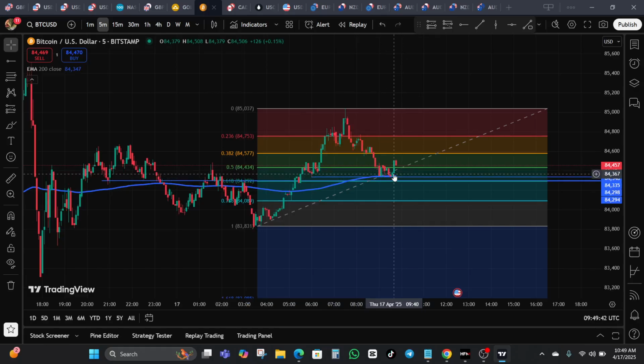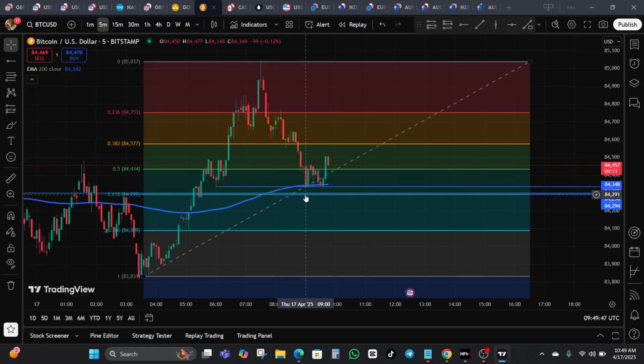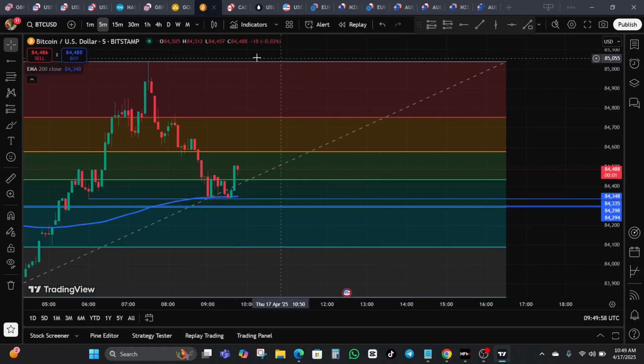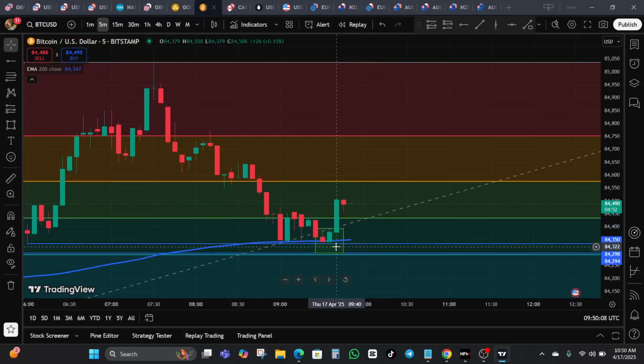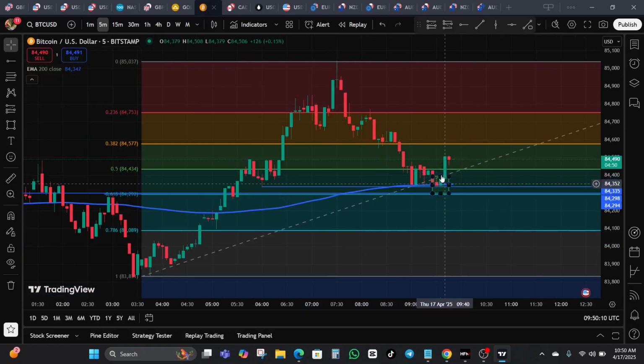All right, so you combine that with candlestick confirmation, like a bullish engulfing for buys or bearish pin bar for sells, whatever bullish candlestick pattern you find for a buy trade or bearish candlestick pattern you find for a sell trade. So in this case, you can see that we actually had a bullish engulfing. Look closely, you're going to see that here. So you can see we had a bullish engulfing around here, right? So that bullish engulfing was a confirmation for this buy trade. Okay, so you've got a solid